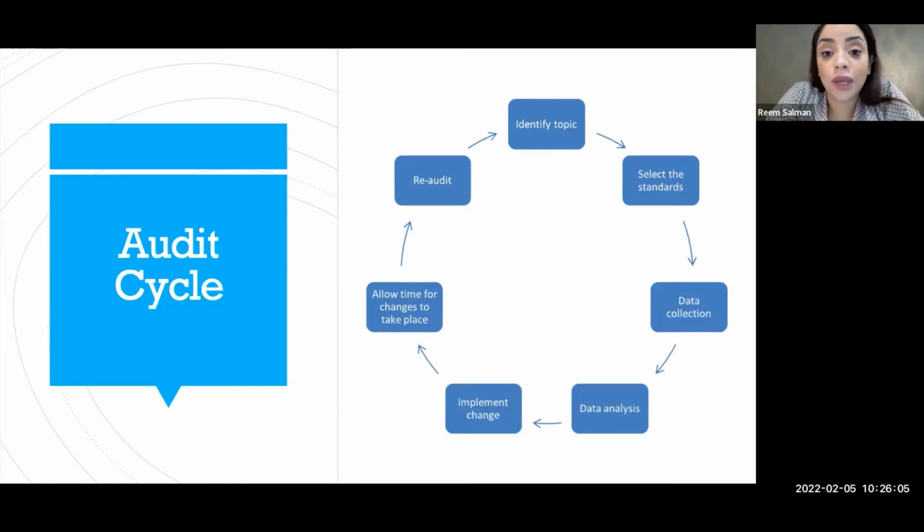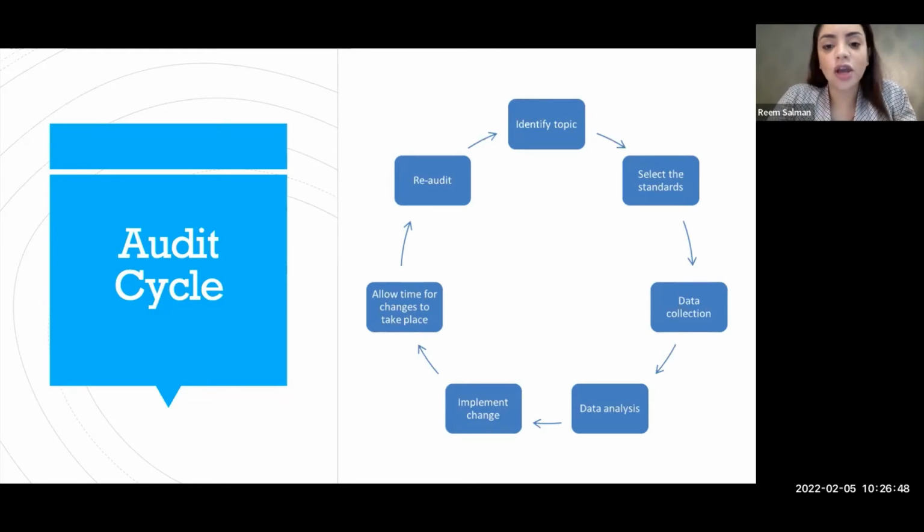You first identify a topic or a problem or an area of interest that is catching national and international interest, like COVID, for example. When COVID came out, lots of new guidelines came out. So all of this guidance was raw. So anybody can audit these guidelines and it will be of interest, and these audits are very easily publishable, because everybody would want to know if these guidelines are working. Okay, so identify a topic or a problem of national and international interest, or something that will reduce funding or increase funding or whatever. The management and all of the departments are always concerned with the financial aspect of things. So if you have a topic that involves funding, it's always a very popular audit.